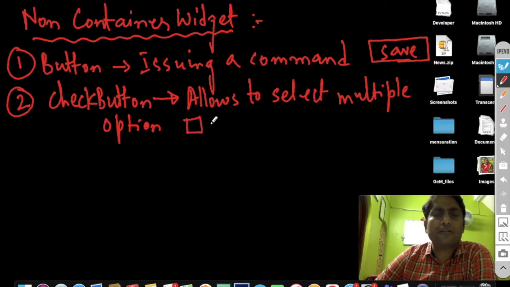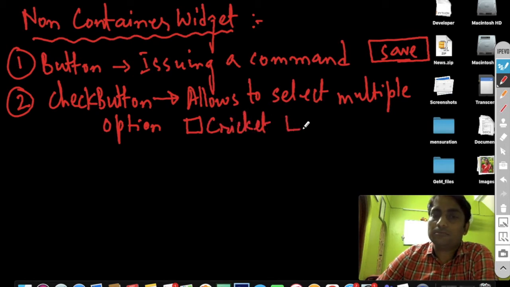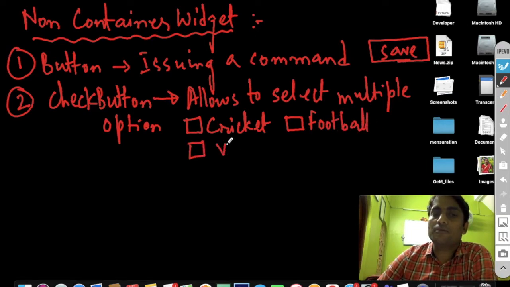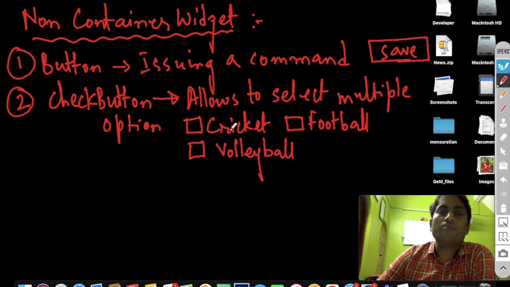You have different hobbies, say cricket, football, or volleyball. There are a lot of sports hobbies that you can pick from, so you can just check these buttons. So this is what is called a check button.